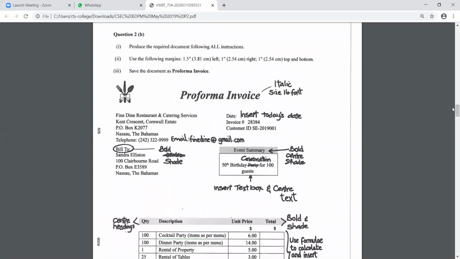Everybody's okay? You want us to start it now? No, you don't have to start it now. I'm going to go through the entire paper firstly. Miss, it would be hard to do it with this on and then doing it on Word. Hence why the instruction at the beginning was, I'm going to go through the entire paper and then you guys are going to work on this on your own, right?